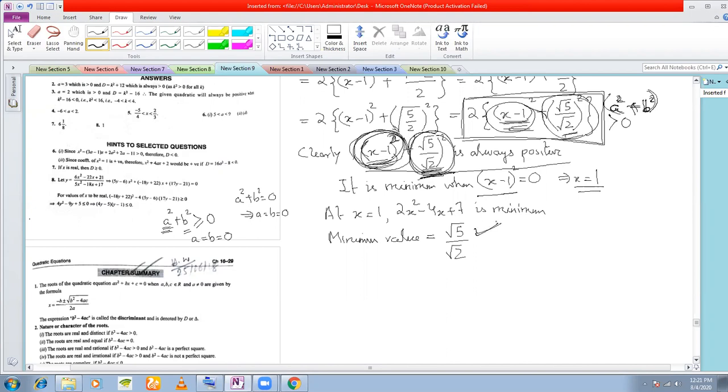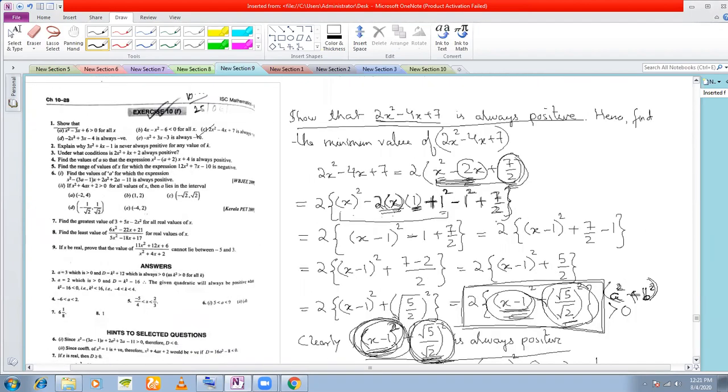Yes, minimum value. Okay, I will show you the other methods also. Now, in this case, follow only the problem that I am telling you. There are various standard methods. In your book, they have, in this book they have